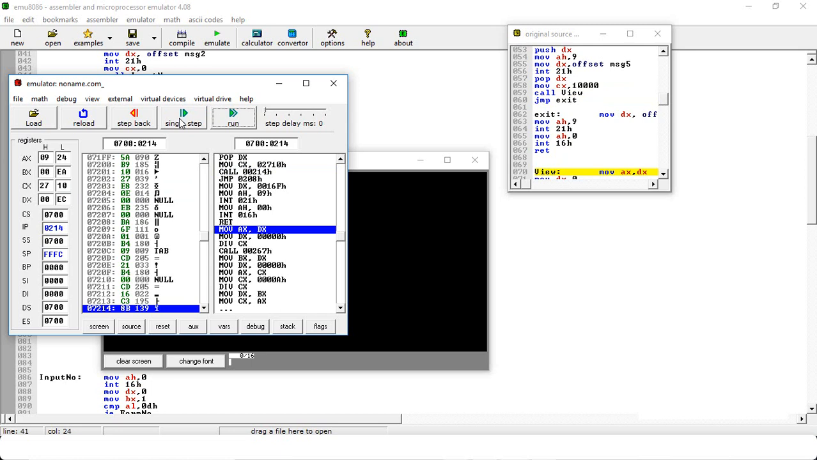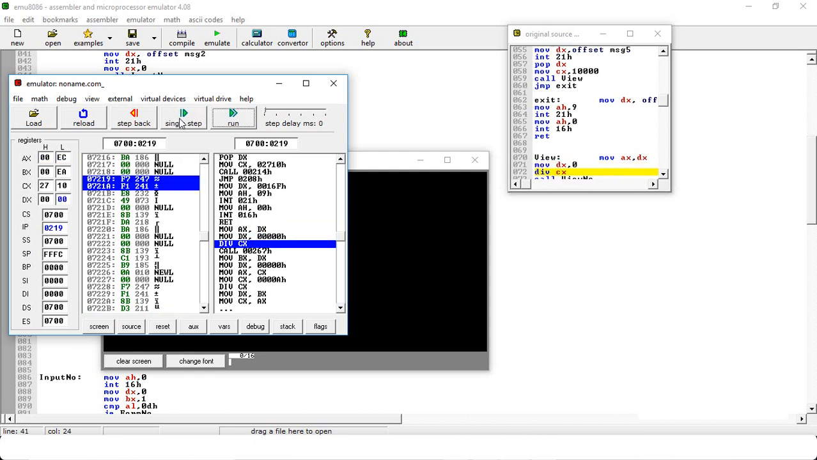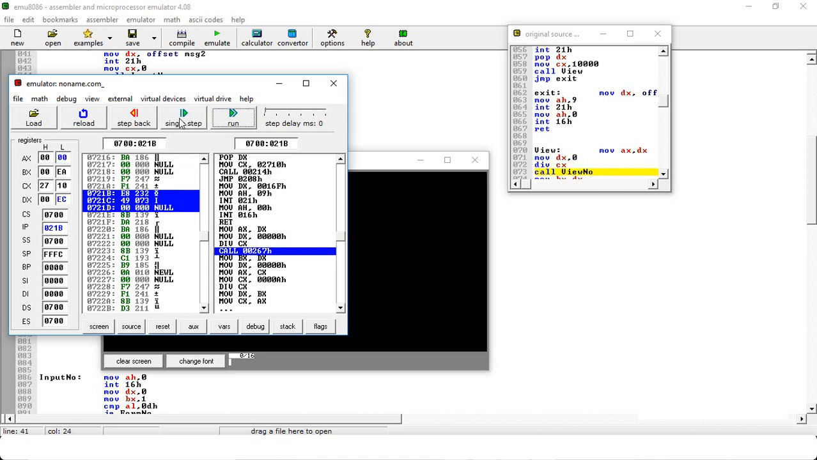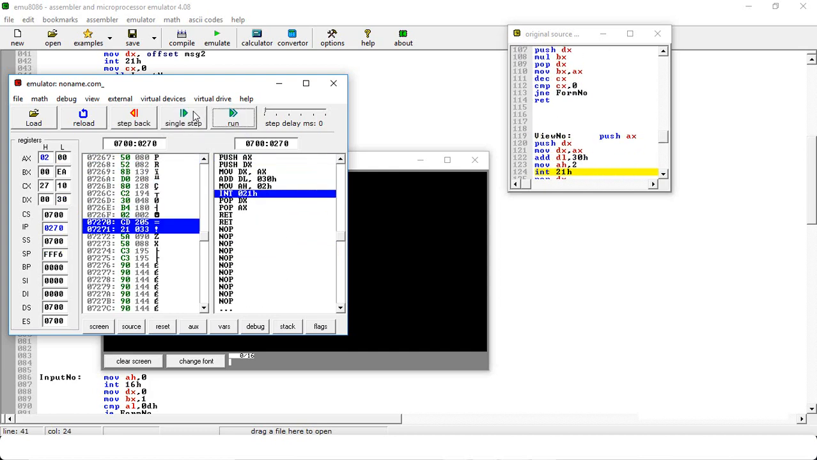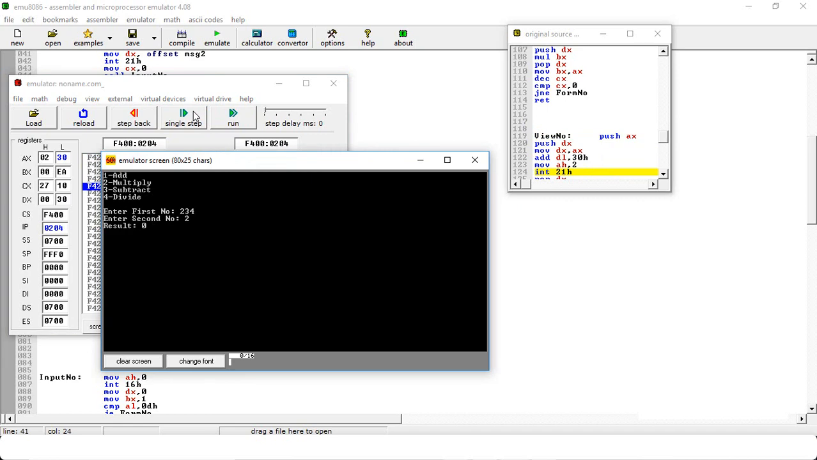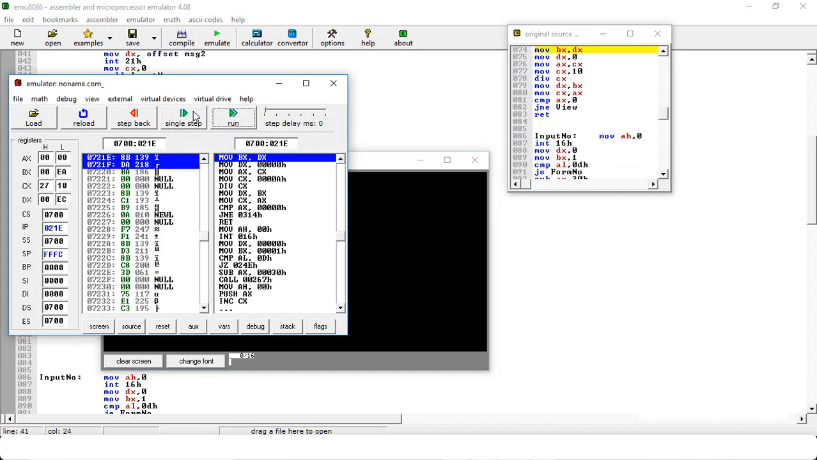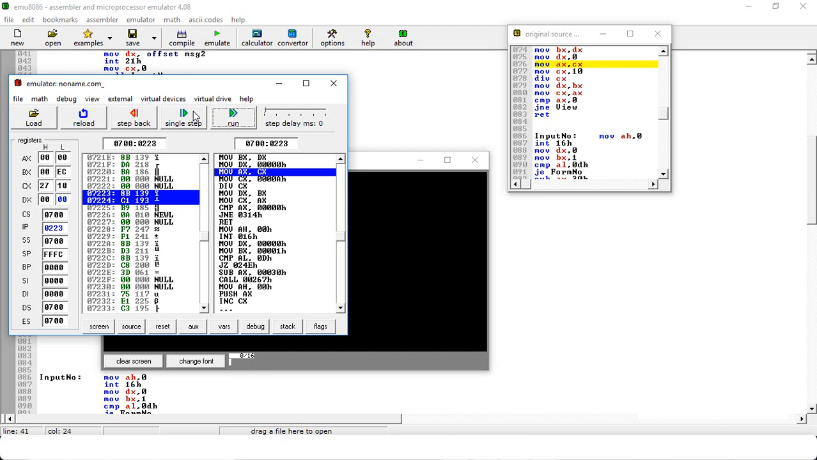So we have our result stored in dx. We'll move it into ax and move into dx 0 and divide our result by 10,000. So in the first division, the value of the quotient will be 0 and the value of the remainder will be EC. We'll call view number. We will view the value in the quotient, which is 0, and then come back and divide this 10,000 by 10